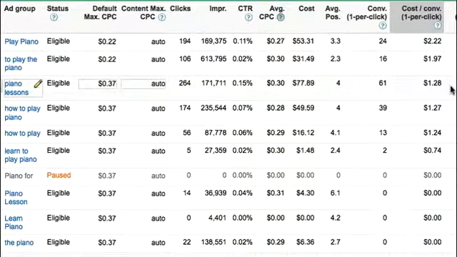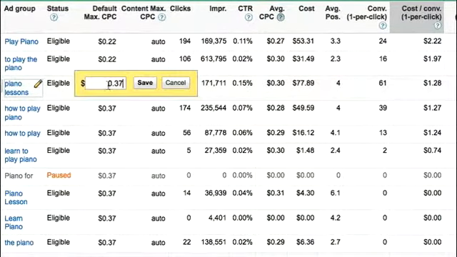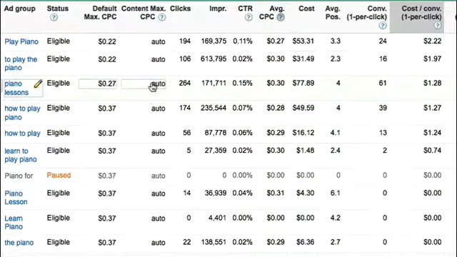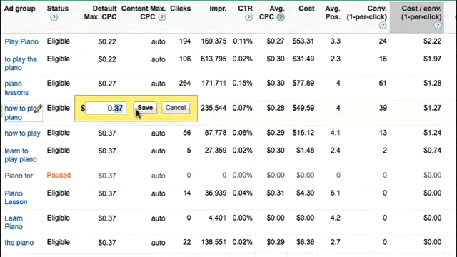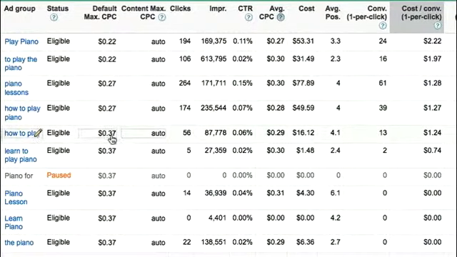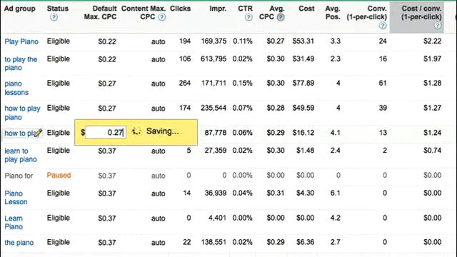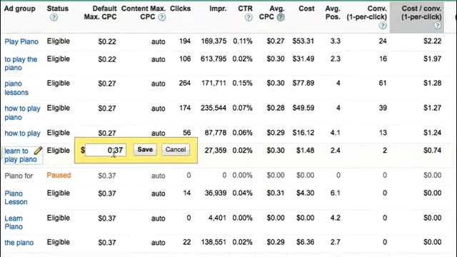All right, piano lessons. This one's $1.28. That's not too bad, but I tell you what, I'm going to lower all these because I'm a little bit high, and as I said, I want to have more traffic by increasing the click-through rate of my text ad, and lowering the bid so I'm not spending quite as much. So we're going to do 27 on all of these, and 22 on the bad performers.